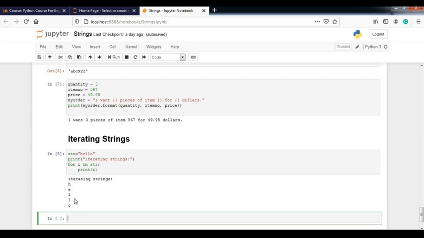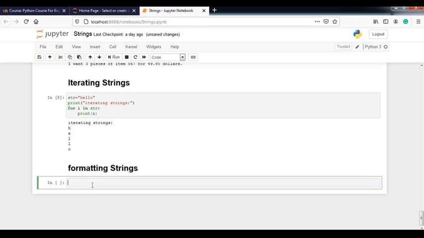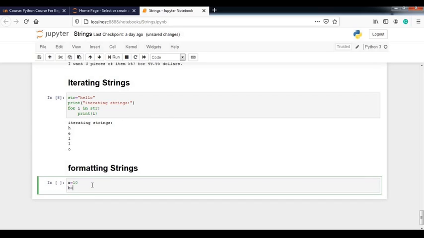I want to show an example of formatting strings. String formatting, we have not done a program of formatting strings, so just write formatting strings. Okay. Next example is like, we'll show you some simple value like a equal to 10, b equal to 20.